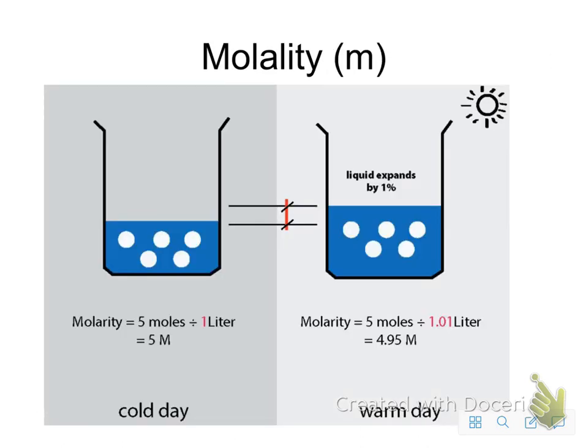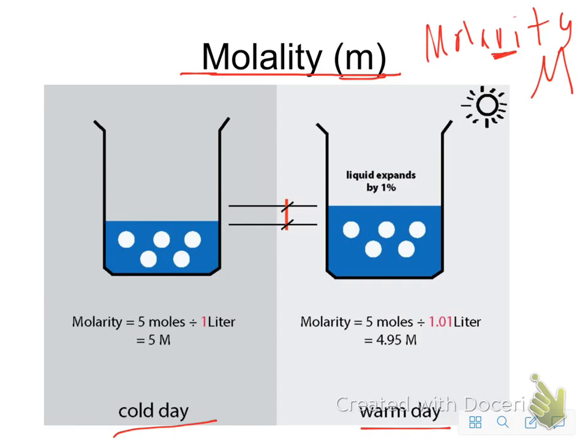If you're going to do problems with colligative properties, you need to learn a new term for concentration, which is molality as opposed to molarity. We replace the R with an L, and this is a small m, whereas molarity is a capital M. And the reason molality is used is that molality is constant and does not change with the temperature. Molarity can change with temperature, because if you go from a cold day to a hot day with the same solution,